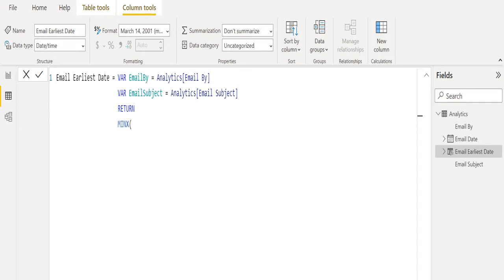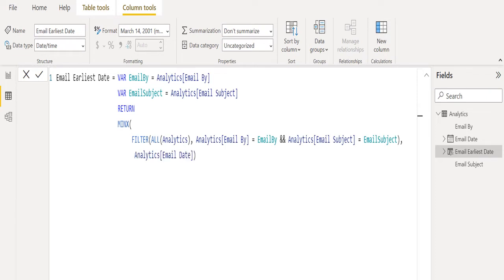Now we continue the DAX function with the MINX DAX function to get the minimum value from the column. Within the MINX DAX function, we use the FILTER DAX function along with the ALL DAX function and select the table analytics.